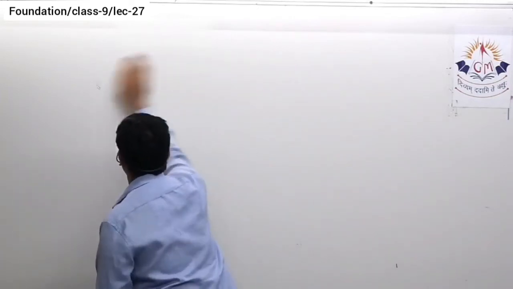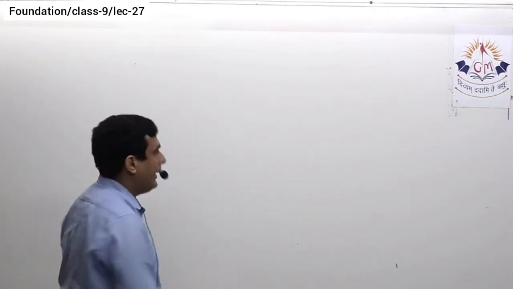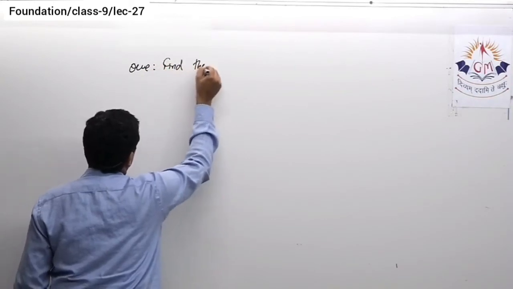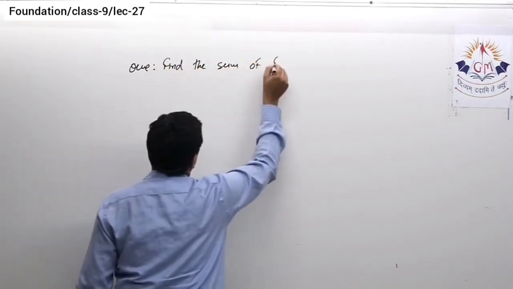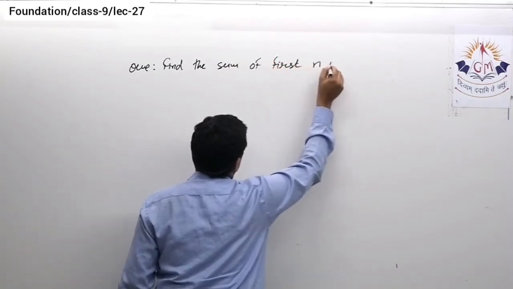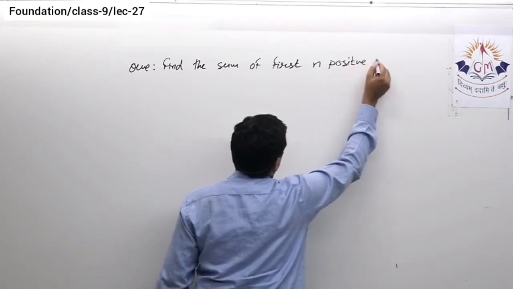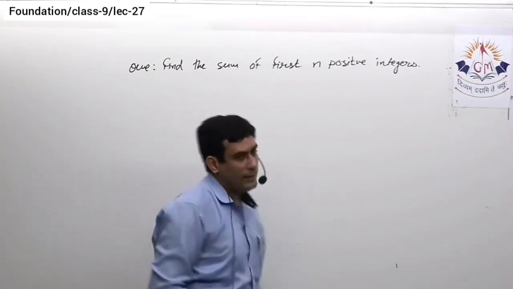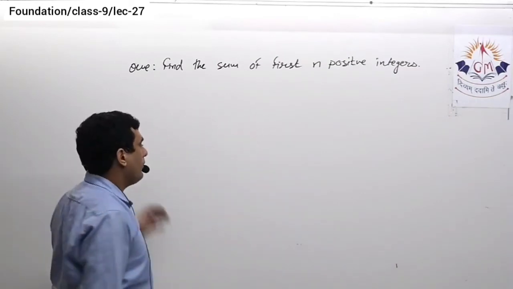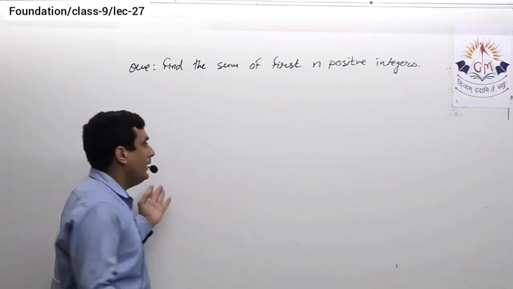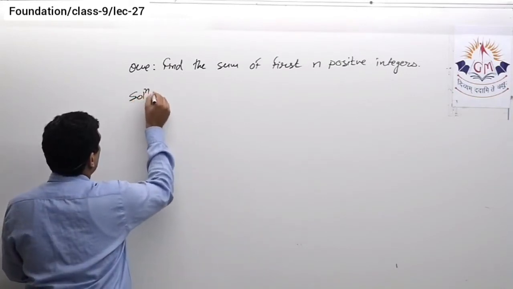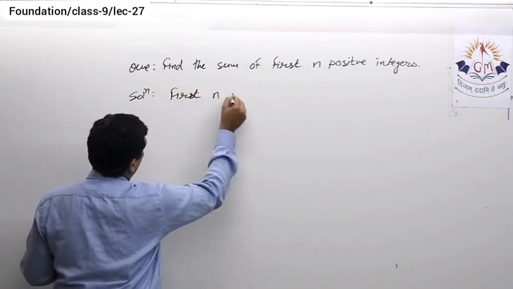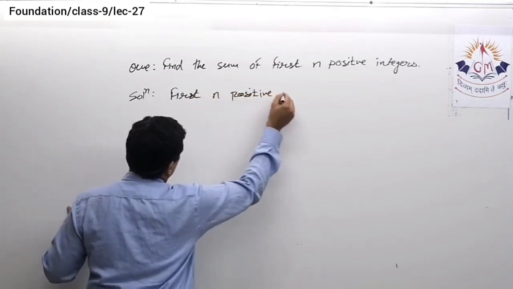Okay, next question is find the sum of first n positive integers. Find the sum of first n positive integers, or if I say find the sum of first n natural numbers, is the same thing, because first n positive integers means first n natural numbers. Let us see. So first n positive integers